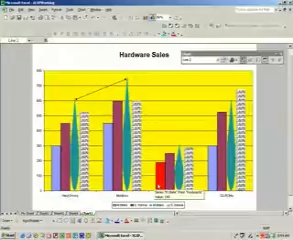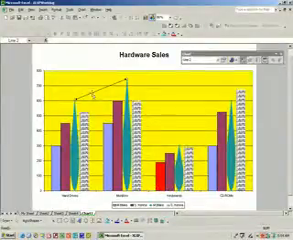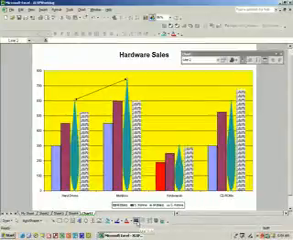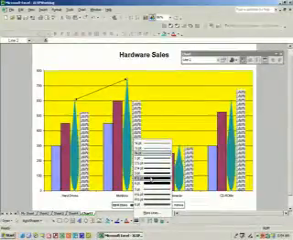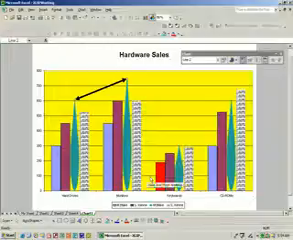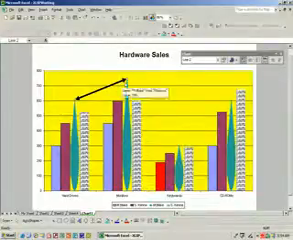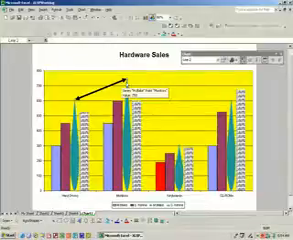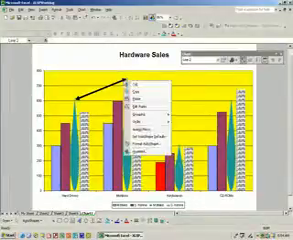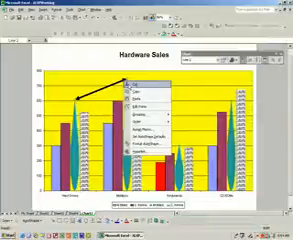And now click the line style button and we'll select 4.5 point. Now right click on the arrowhead and we'll select Format AutoShape,